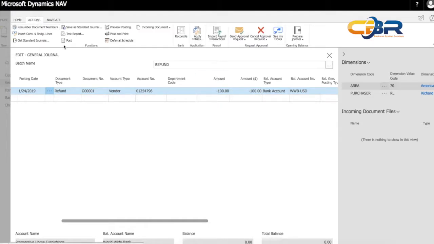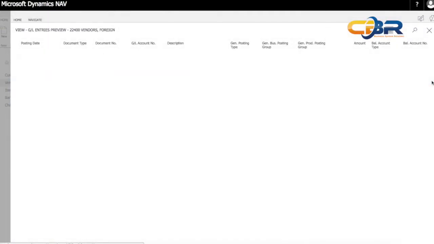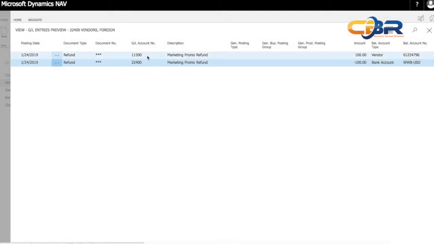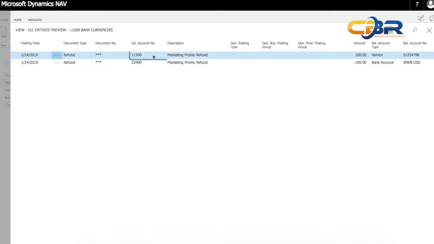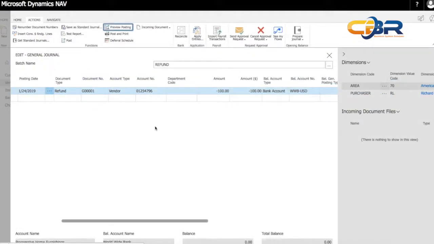And when I do the actions preview posting, you will see that I now have two journal entries that result of that. One is in this case, a debit to my checking account, which is $11,500, and a credit to my accounts payable account, $22,400. So this is the offset that you see here, or the GL journal entry that results of that. Now, if I were to post this transaction as is, then the net balance of the vendor would be zero. But